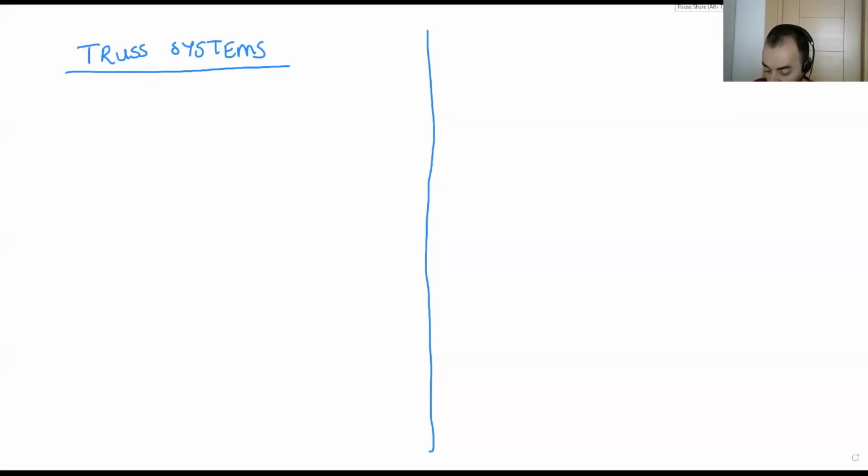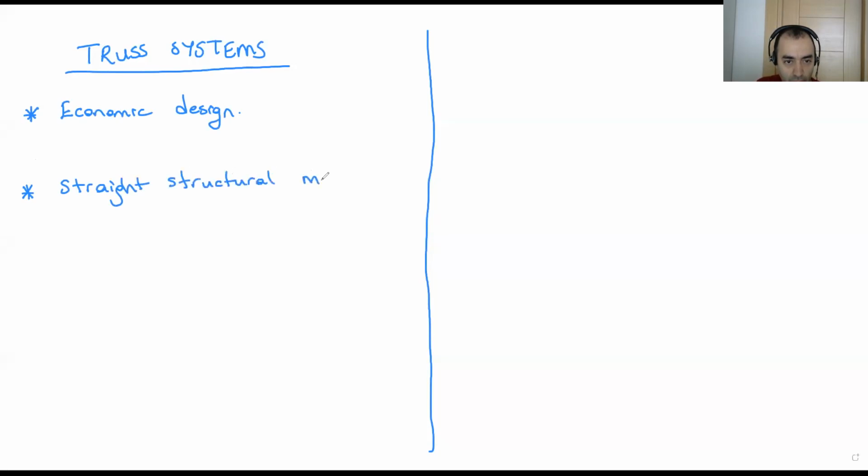Stop share and share screen again. Okay, why do we use this truss system? We would like to do economic design. What are the members of this truss system? What are we using? We use straight structural members. Okay, so here we go. If this is a roof system, for example,